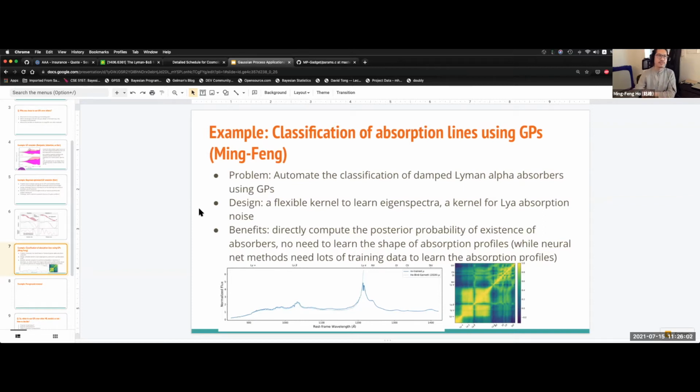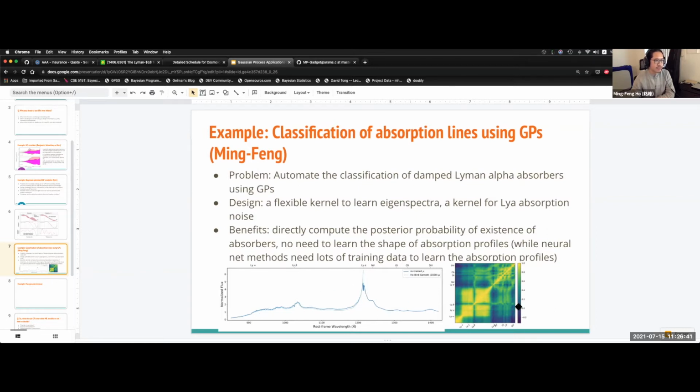Rather, we use it to train the background quasar model, which means the quasar spectrum without the absorption profile, and then we use that to build the Bayesian model selection pipeline. Based on the Gaussian process model, you learn from the quasar spectrum a mean function, like the plot I show here,